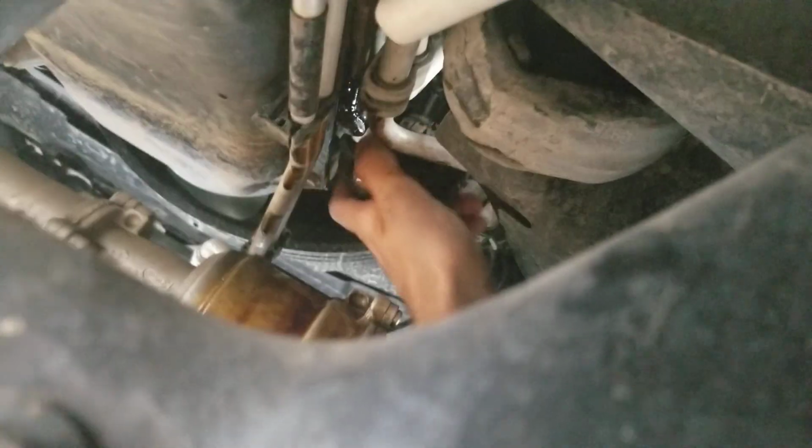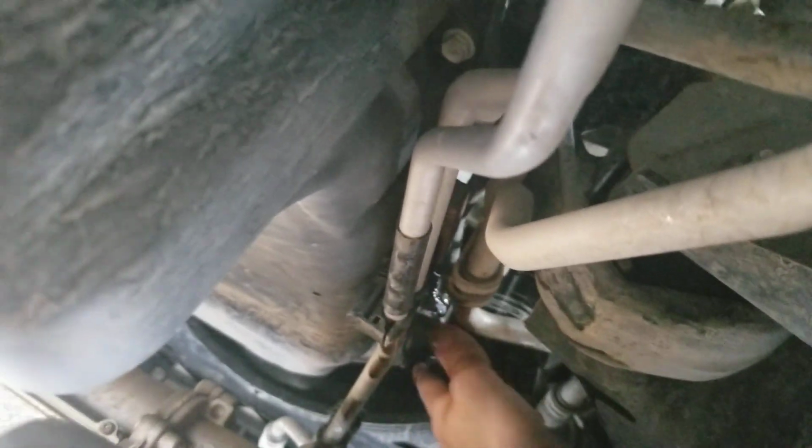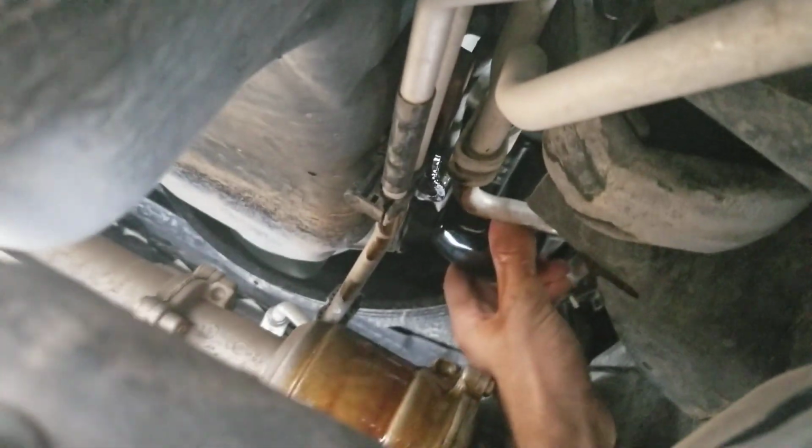So anyways, what we're gonna do now is I rubbed a little bit of the old oil on this oil filter. I don't know why I did that, but that's what everybody does, so I jumped on the bandwagon and did it too. So now I'm screwing the new filter back on right where the old one was, and I'm just gonna screw it with my hand until I can't, and then I'm gonna grab my tool, which is right here, and I'm gonna set it to tighten, and then I'm just gonna tighten this bad boy down until